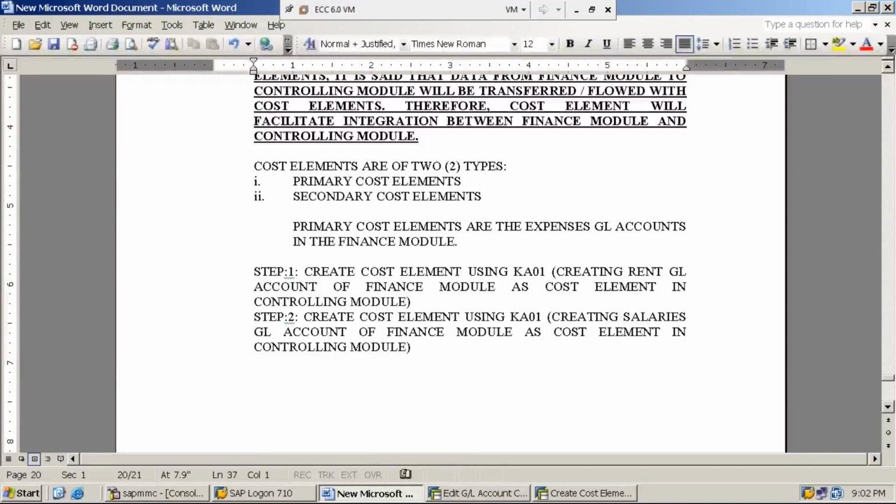Step number 3. Display cost element using